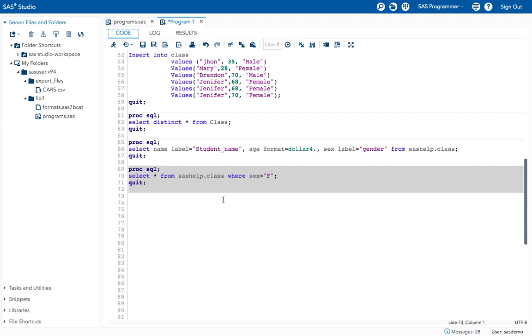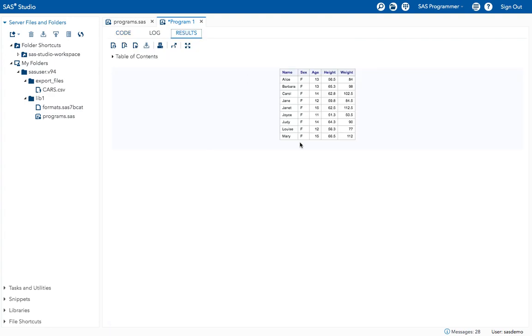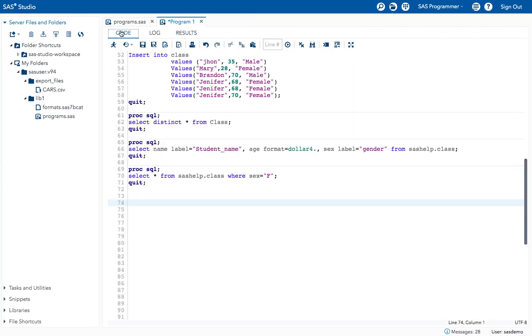Okay, next one is, see, here what are the values that I have? I have 11, 15, 16, 13, all age groups, right? Now I want to get only particular age groups to be printed in my data set. How can I do that? By using the in operator. Okay, see, here I want to give where